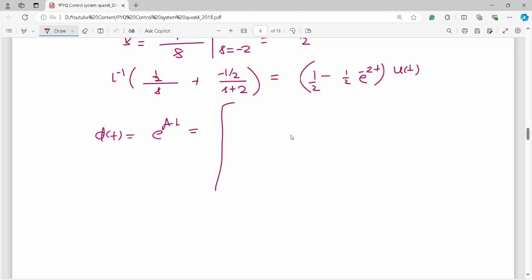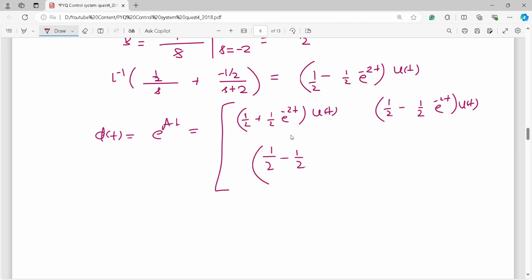So here is a 1 by 2 plus 1 by 2 e to the power minus 2t. This is a term. Okay, and this is the same. And here is a